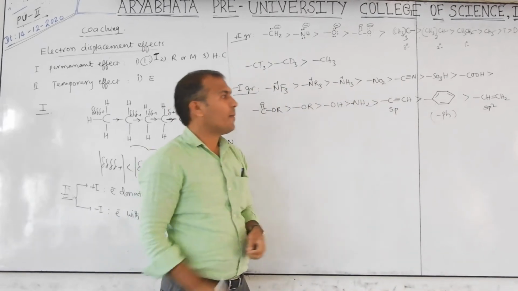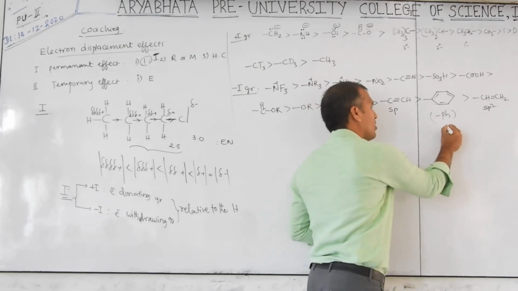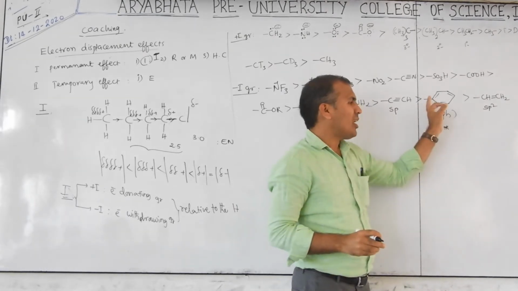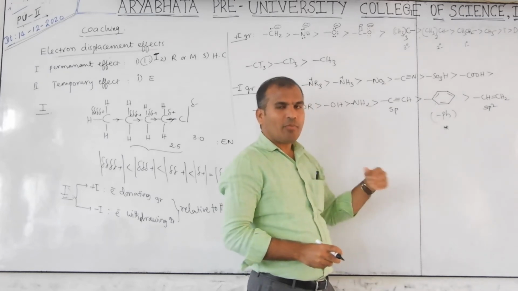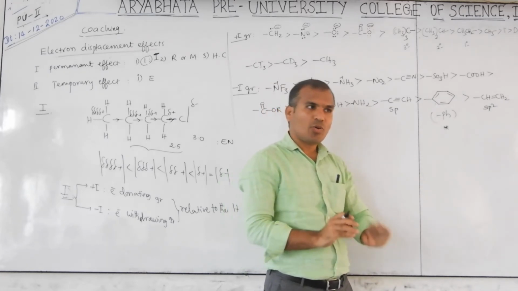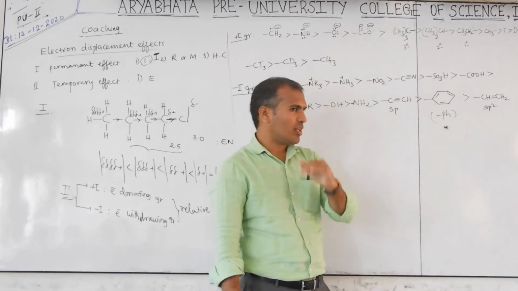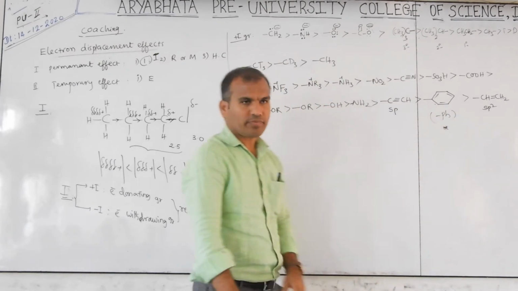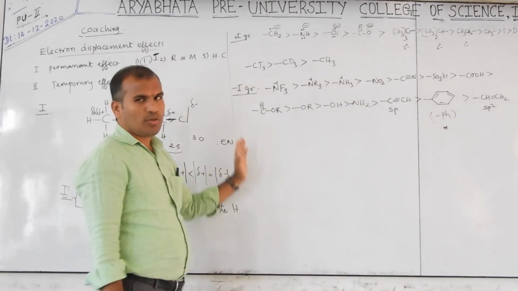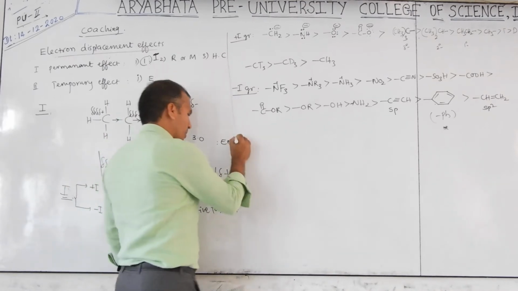Okay? Now, in this inductive effect, this is important. Somebody will make mistakes here. Phenyl group is an electron withdrawing group in inductive effect, but phenyl group is an electron donor in resonance. I will give one example of that in resonance also. So, this is very important. Don't confuse. Now, we know the groups. Now, we will discuss one example. Clear?